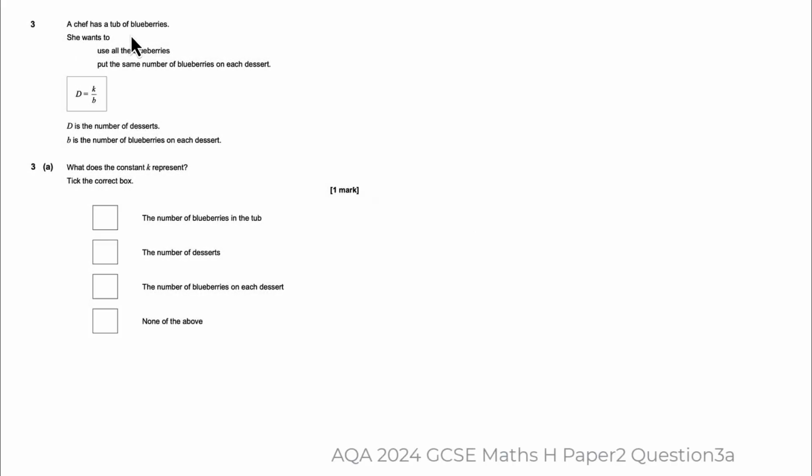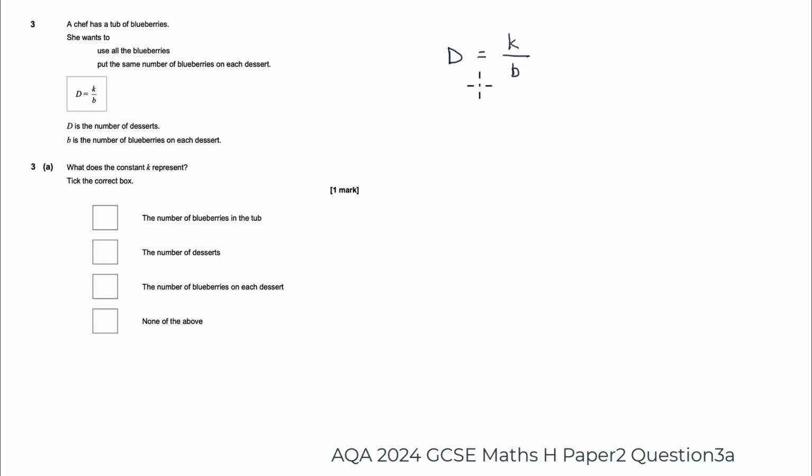Here we've got a chef with a tub of blueberries. What's she going to do with these? She's going to make desserts. She's going to use all the blueberries in the tub, and she's going to put the same number of blueberries in each dessert. Now, we're given this formula